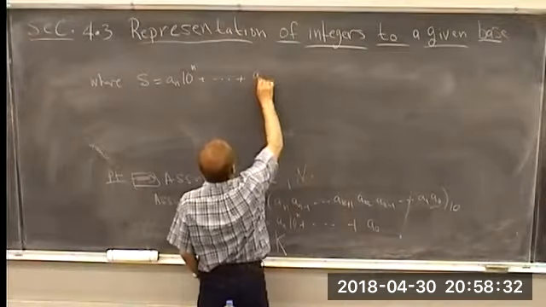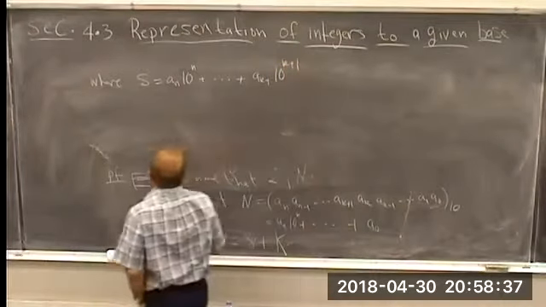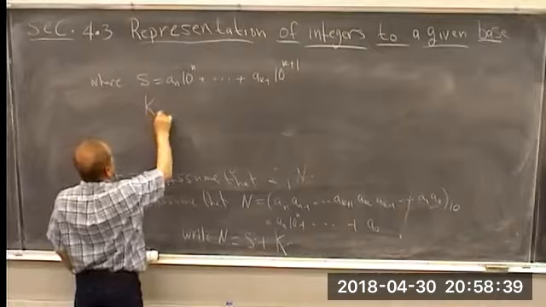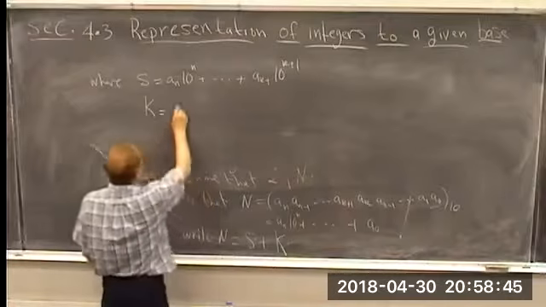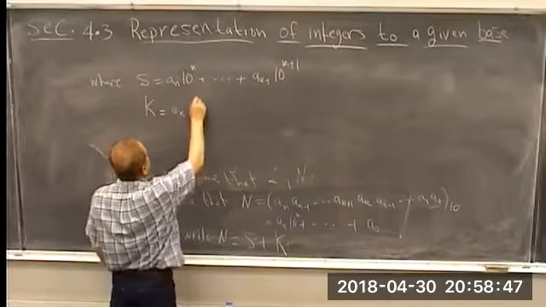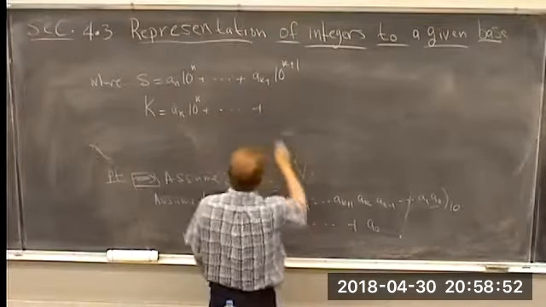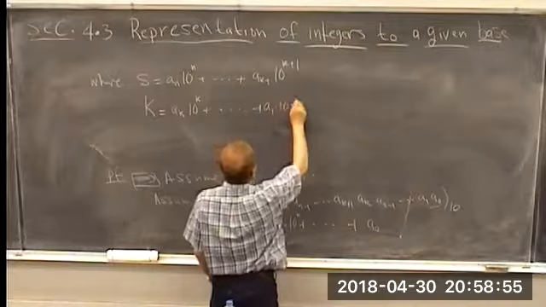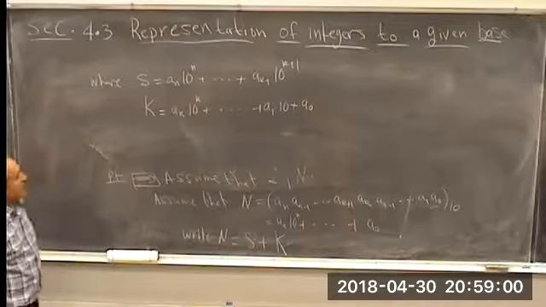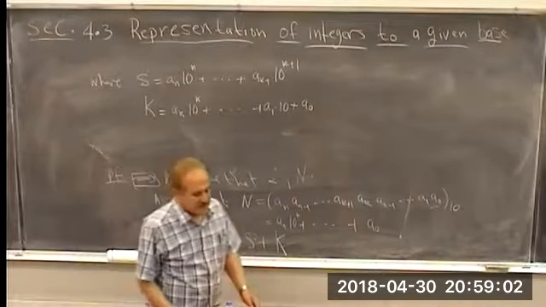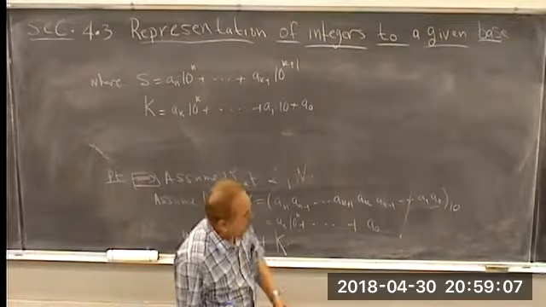Okay, so a sub k plus 1 times 10 to the k plus 1, and then a sub k times 10 to the k, and so on, up to a sub 1 times 10 plus a sub 0. All right. So the next thing is, remember that actually